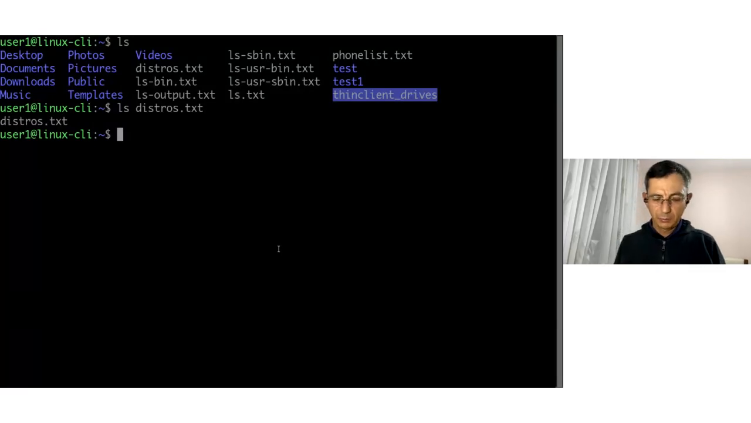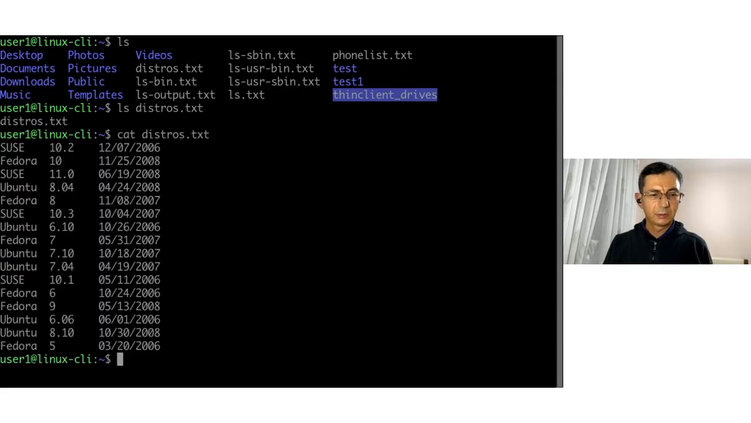Okay, last time we were using the sort command, and we were trying to sort the content of this file, tstra.txt. We see its content again. It has a list of Linux distributions like SUSE, Fedora, Ubuntu, etc., and release number or version number and release date. And we tried to sort it first by the name of the distribution, which is in the first column,